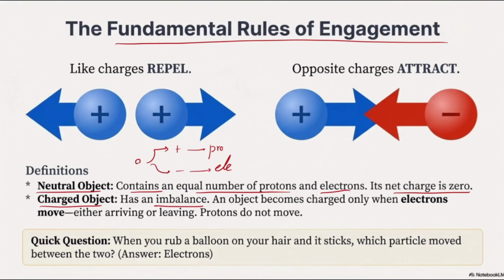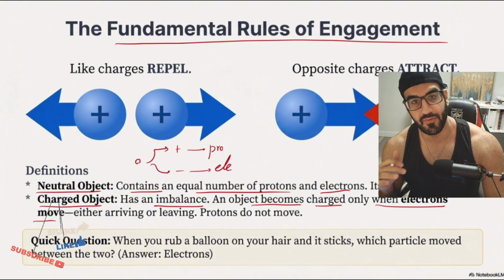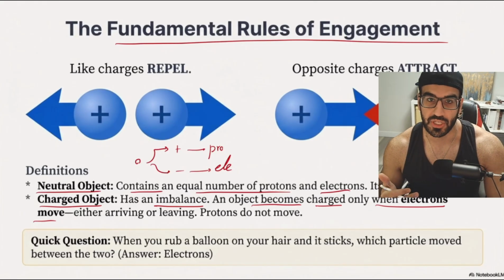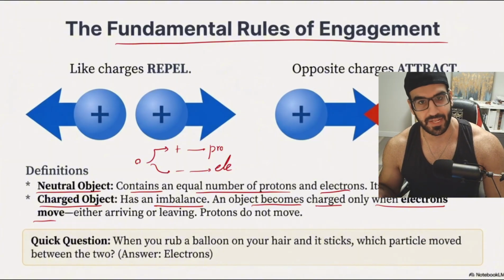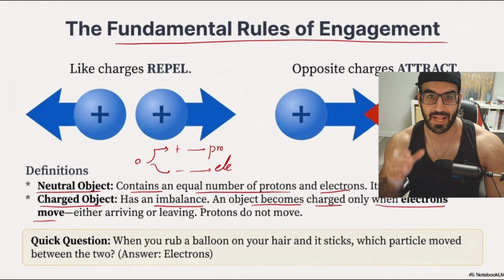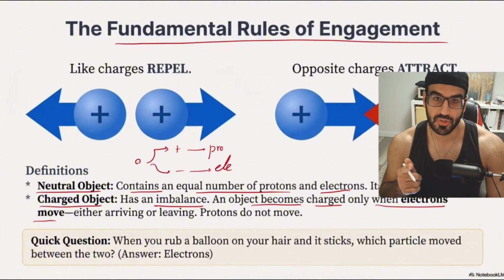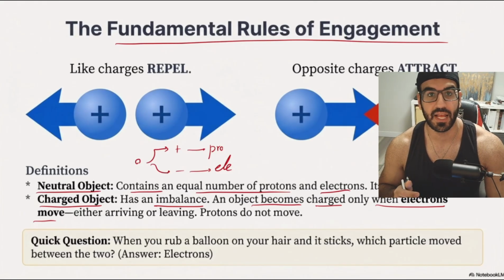Then we have the charged object. Some kind of imbalance is happening inside of it. It means that an object becomes charged only when electrons move, right? When we are talking about the moving of electrons, we are talking about the very last layer. If you give a little bit of energy, in any format, it doesn't matter, it could be heat, it could be some kind of electrical charge, your electrons in your specific material could become loose, and these electrons are going to leave your object. At this point, an imbalance is happening. The number of protons is going to be more than the number of electrons,